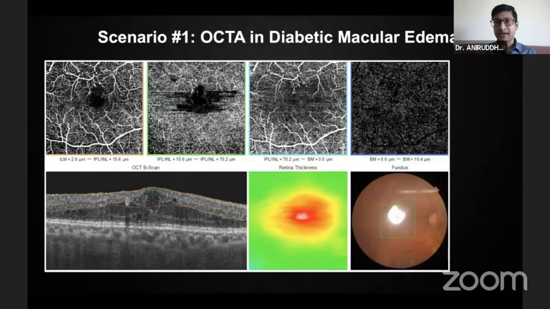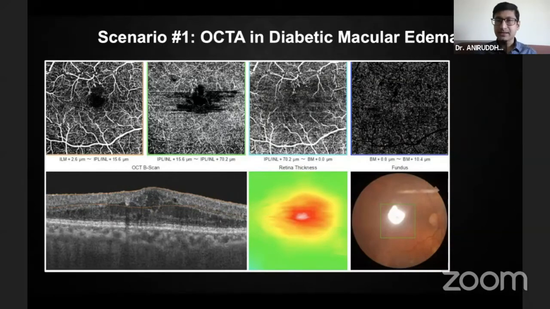Let me go to the first scenario, which is diabetic macular edema. OCTA in diabetic macular edema is definitely challenging. For example, you have this patient here. As soon as you find that there is a cystoid space in the retina, you find that there is a segmentation error. If you look carefully at the segmentation slab at the bottom left, you realize that in the area of the cystoid space, the segmentation line really goes haywire. This leads to false flow deficit areas in the center, especially in the deep capillary plexus. This is a segmentation error and not a shadowing error.